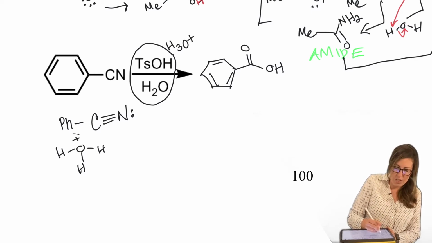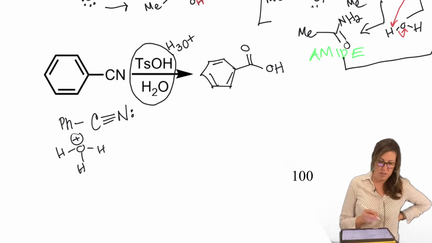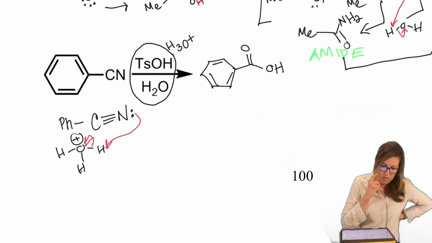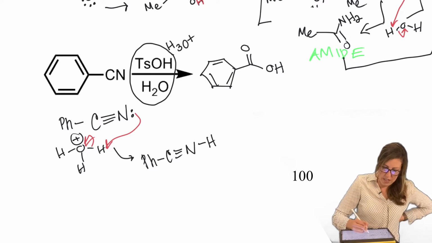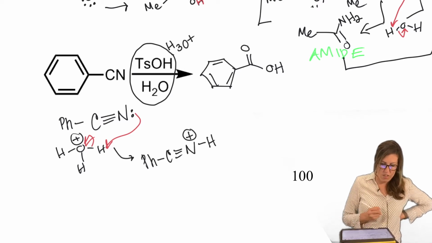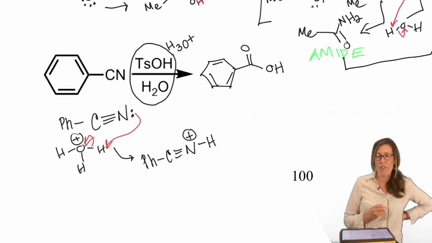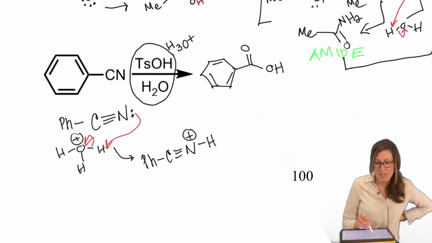Well, if this is a carbonyl-like compound, what has to happen first? Same first step, activate the carbonyl. There we go. You're getting activated, so it's going to be ready for nucleophilic attack. Look at that nitrogen. It's ready to accept some electrons. Who can attack it as a nucleophile that will allow us to turn it into a carboxylic acid? Better be an oxygen nucleophile. Look over your arrow. Never use acid as a nucleophile. Yep, it's going to be water.